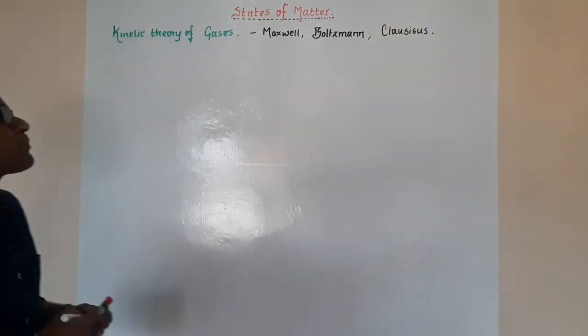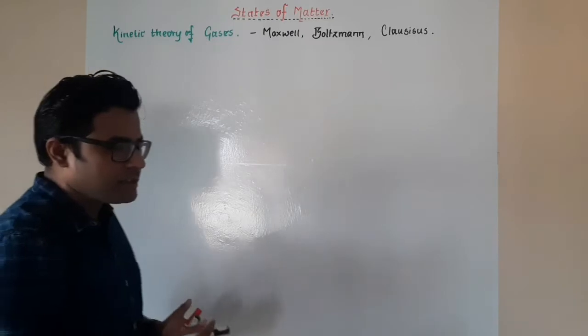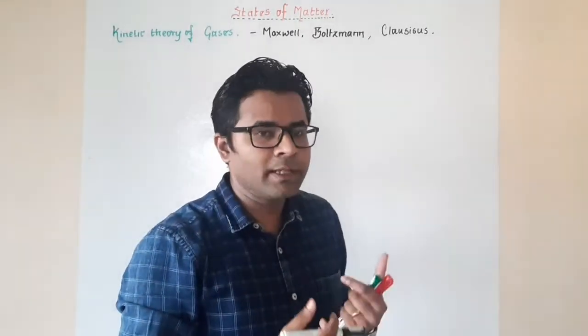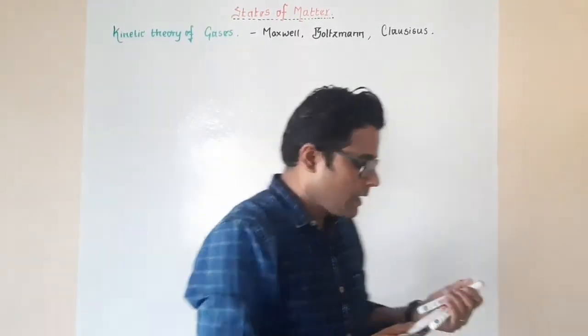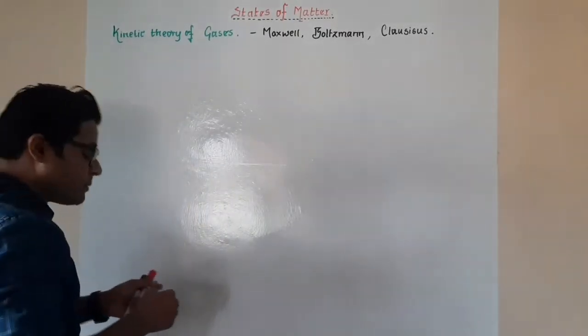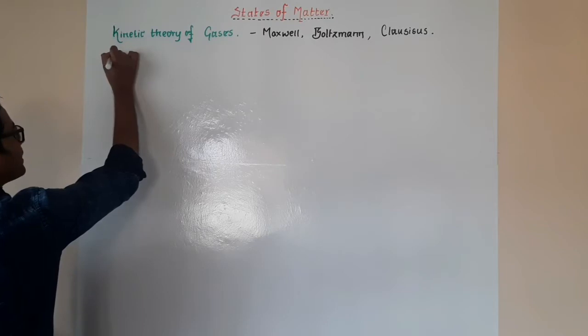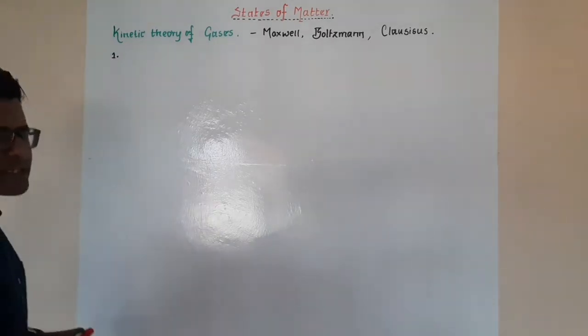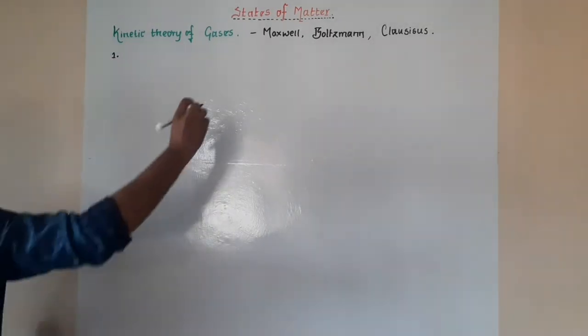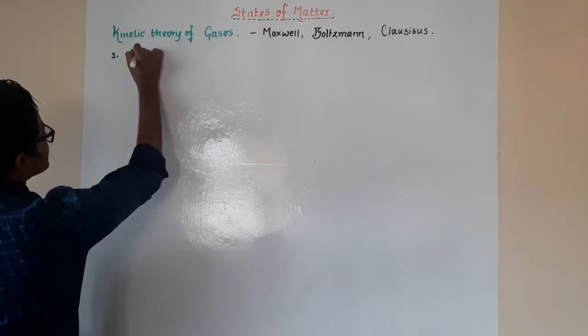They put forward certain statements which we call postulates. There were certain postulates put forward by them, and we need to discuss them one by one. Now, the first statement made by them was